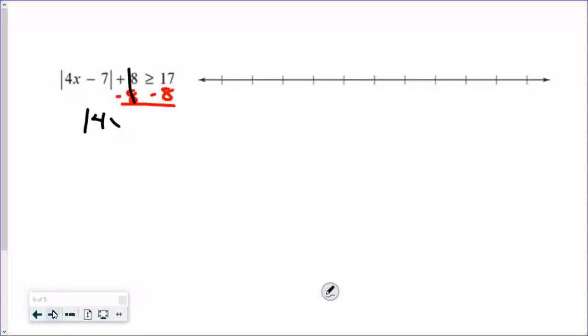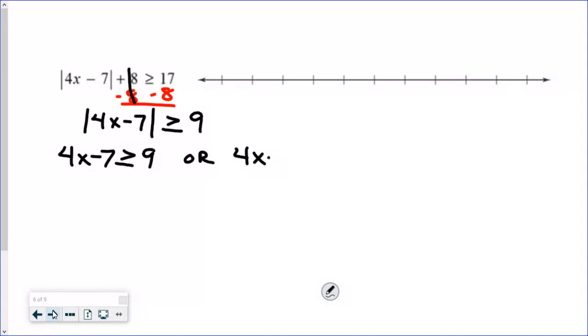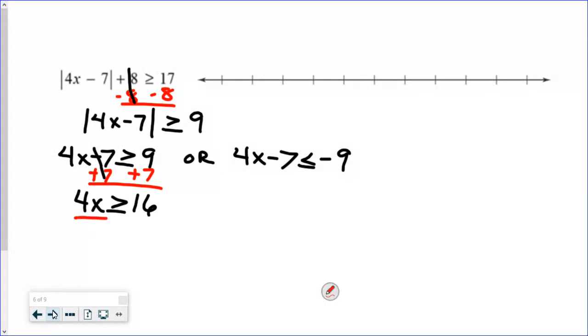So we have 4x minus 7, absolute value, 9. That's an or. So we have 4x minus 7 is greater than or equal to 9. 4x minus 7 is less than or equal to negative 9. And now you just start solving. Okay. So we have 4x is greater than or equal to 16. Dividing by a positive 4 leaves it as x is greater than or equal to 4 with the word or